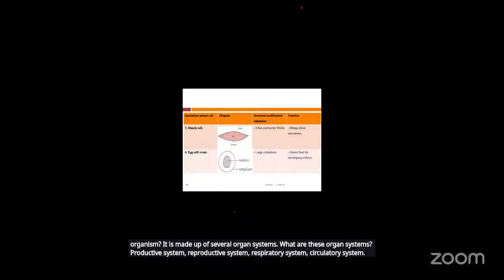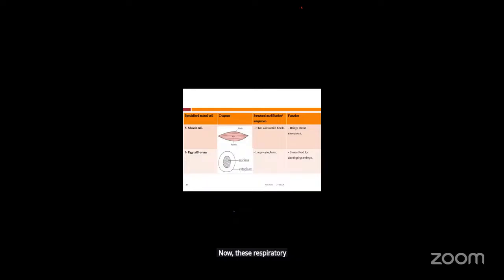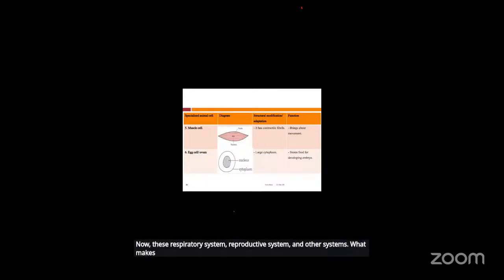Now, these respiratory systems, reproductive systems, and other systems, what makes them? They are made of organs. So these are now the tissues we're talking about. What forms them? Cells. So the chronology of cell specialization begins